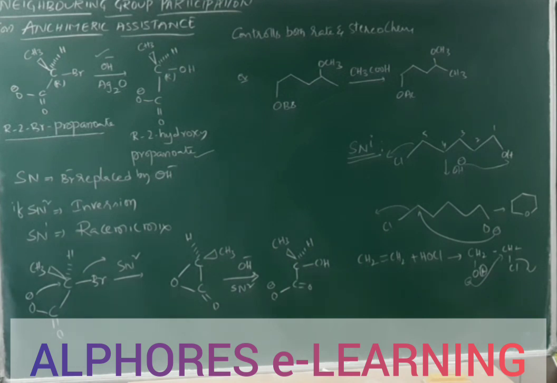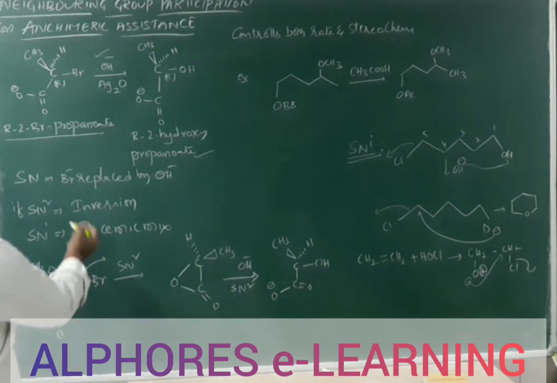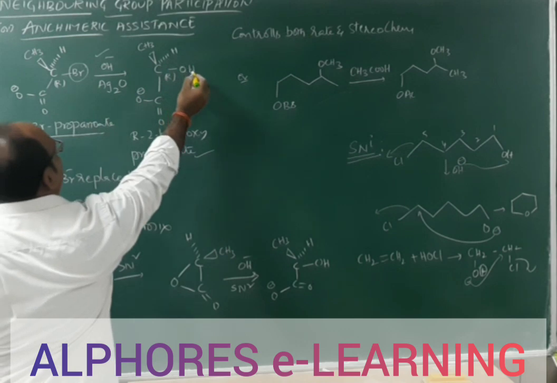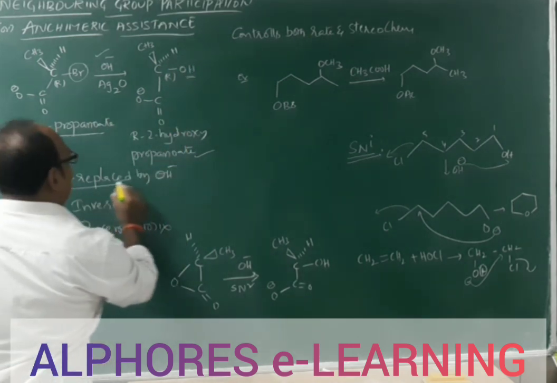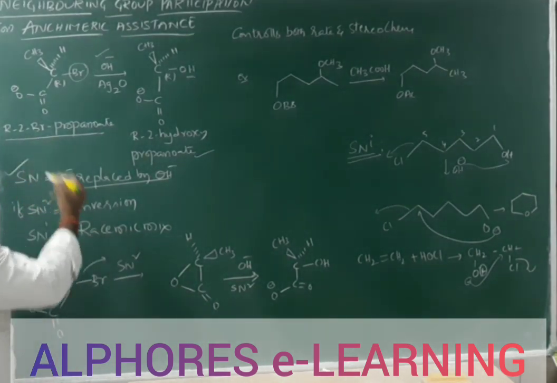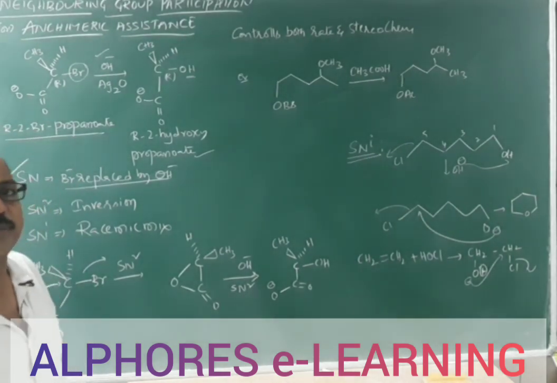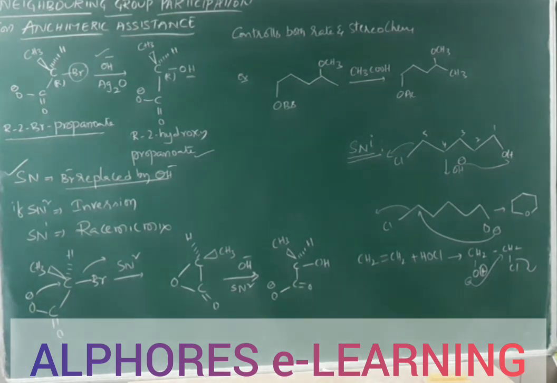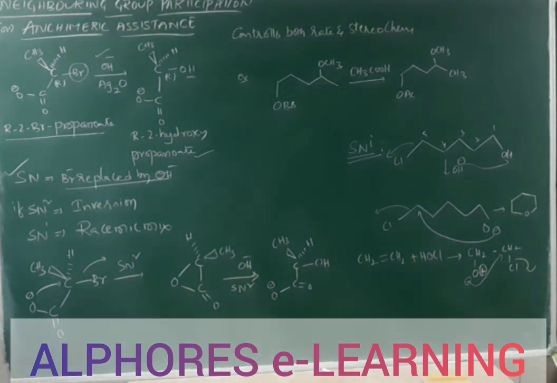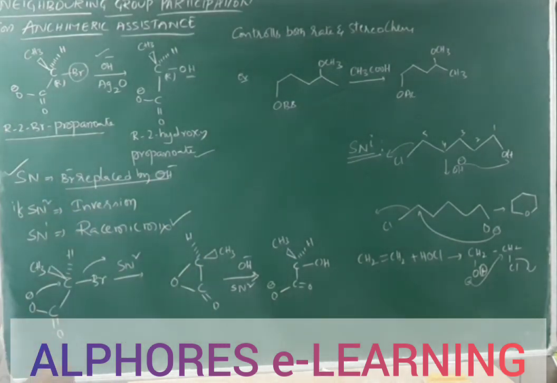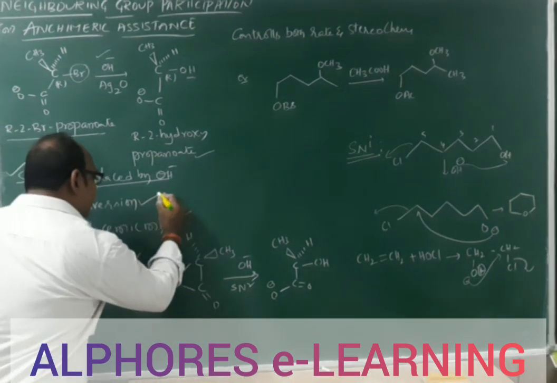So which type of reaction is it? If you observe clearly, no doubt Br is replaced by OH, meaning Br minus is displaced by OH minus. So that is nucleophilic substitution. These are SN reactions. Since these are nucleophilic substitution reactions, there are two possibilities we have discussed so far, either SN1 or SN2. If it is SN1, the product must be a racemic mixture. If it is SN2, the product must show inversion.